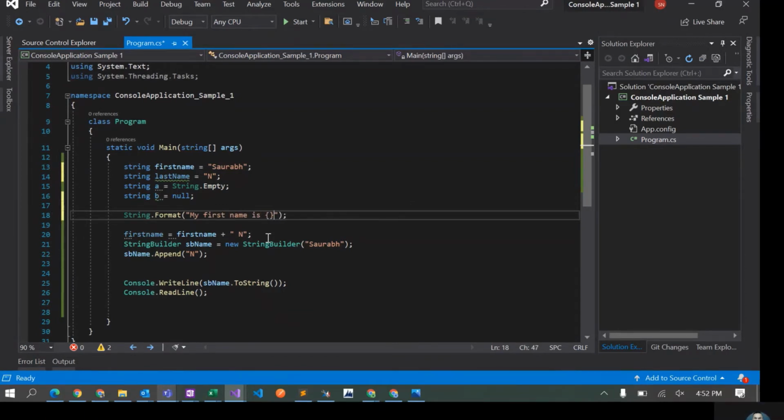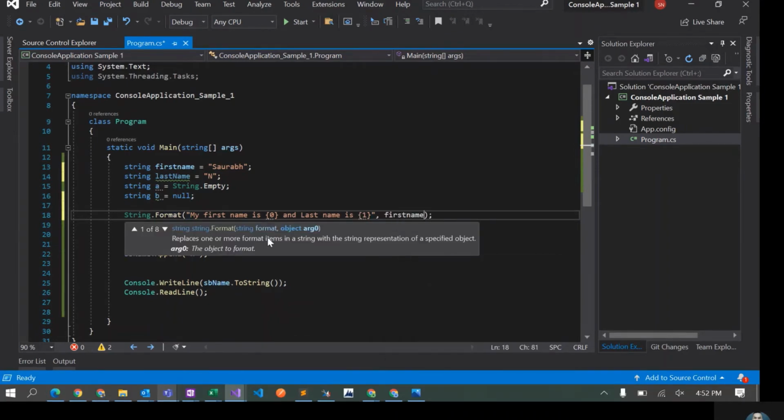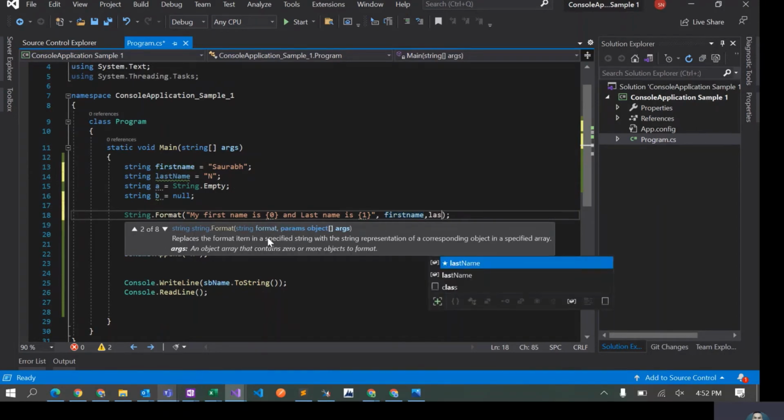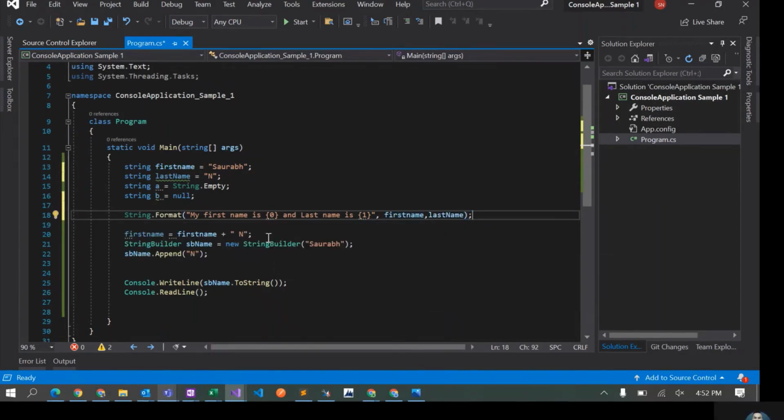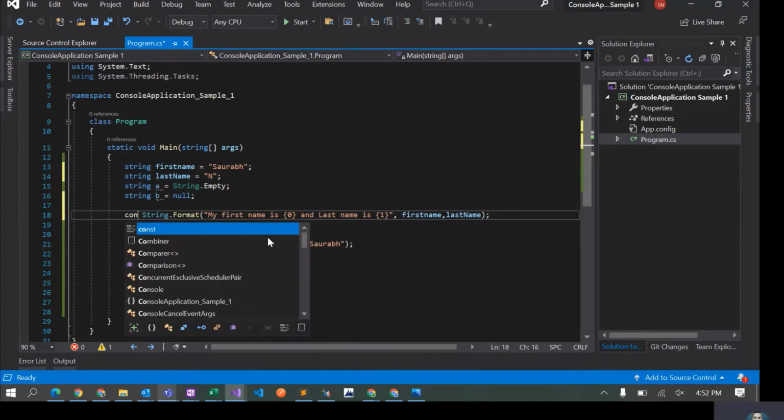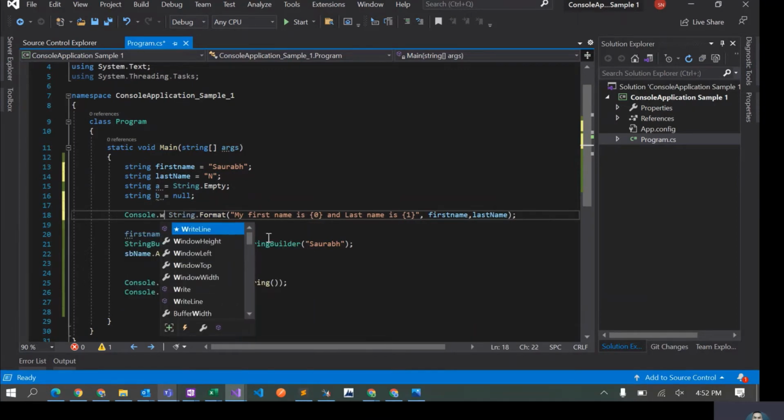Whatever variables you want to put, you have to use curly braces and the 0, 1 notation. Then first name, comma, last name. So string.Format would just format it. If I want to put it on the console, then I can say Console dot